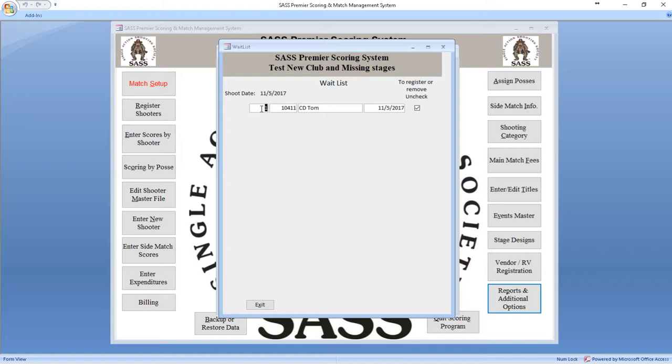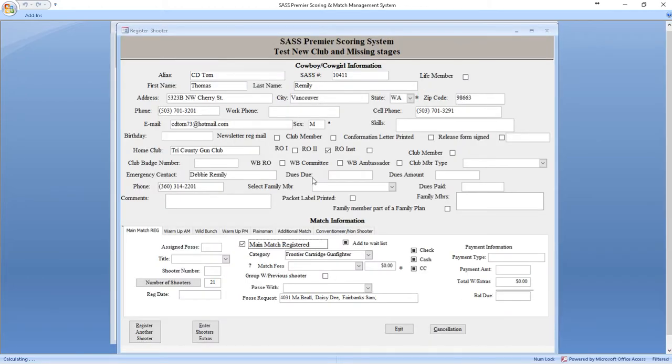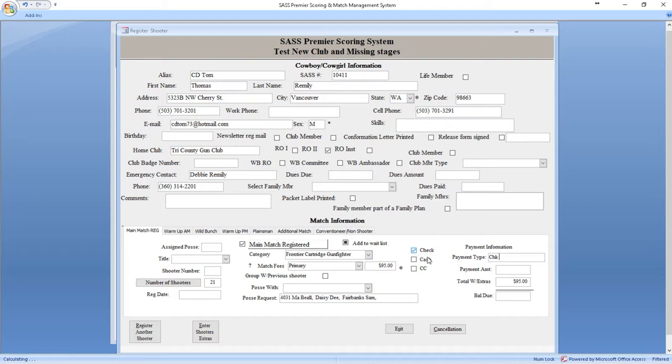So if you've got a wait list with 50 people in it, you're not going to pick number 20 to start. So say you're going to do posse 1, or the first one on the list. If we check this, it's going to say you can remove a person from the wait list, or you can add the shooter to the wait list. So let's add the shooter to the registration. It brings it up. It has everything there, who we wanted to shoot with, everything. All you need to do is put in your amount, your payment types,